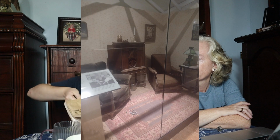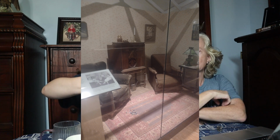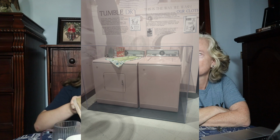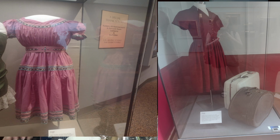They had a section where they had sets, dioramas, basically full-size things, where they had a kitchen from a certain time period. I think it was the 50s, the pink kitchen. The pink kitchen was from the 50s, but they had all the way back from the 1880s, and they just had a lot of stuff about the history of Oklahoma, and that museum was really interesting,